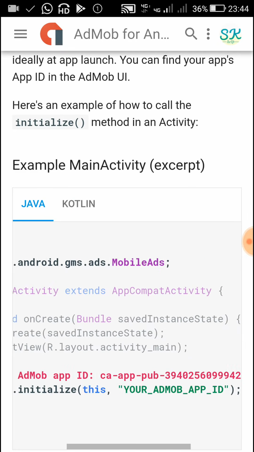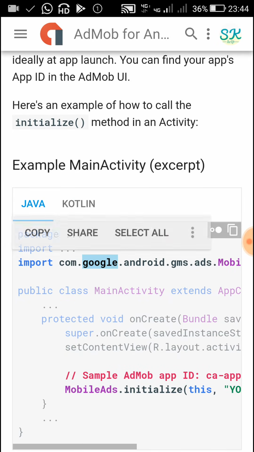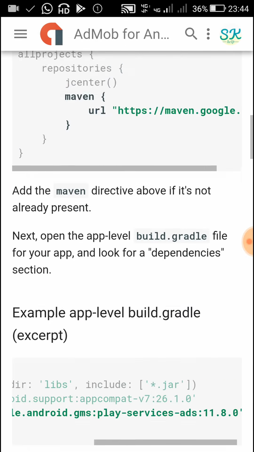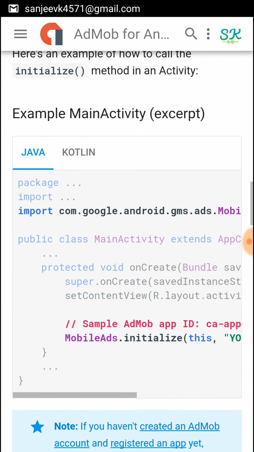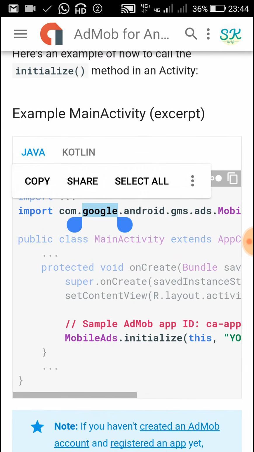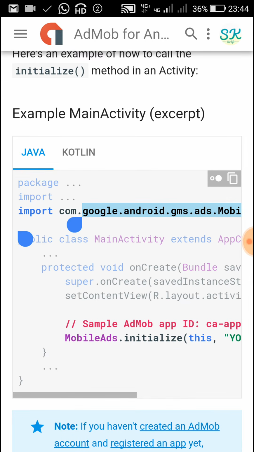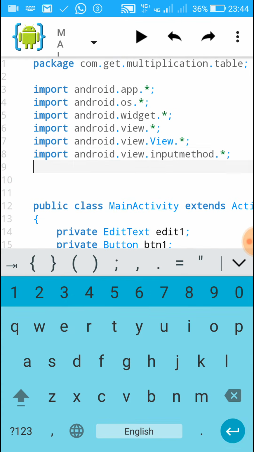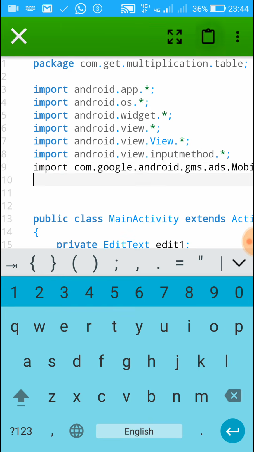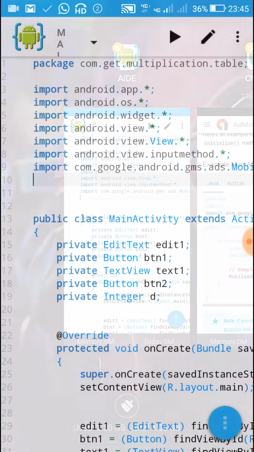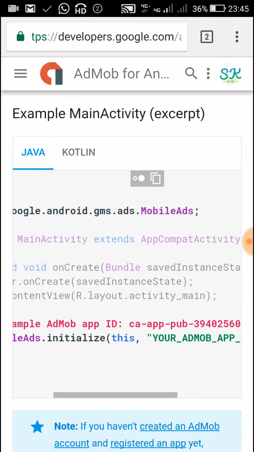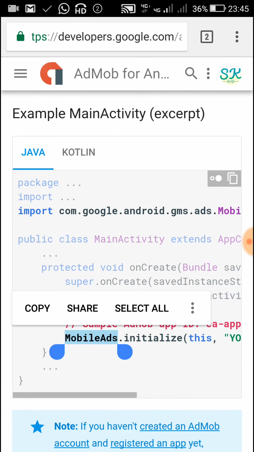So for initializing mobile ads, import MobileAds and paste it alongside other imports. Now copy this part which initializes mobile ads. So you have to copy this single line,